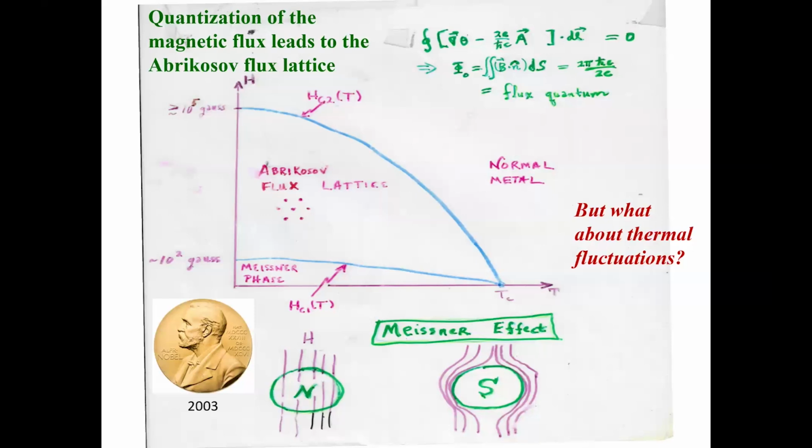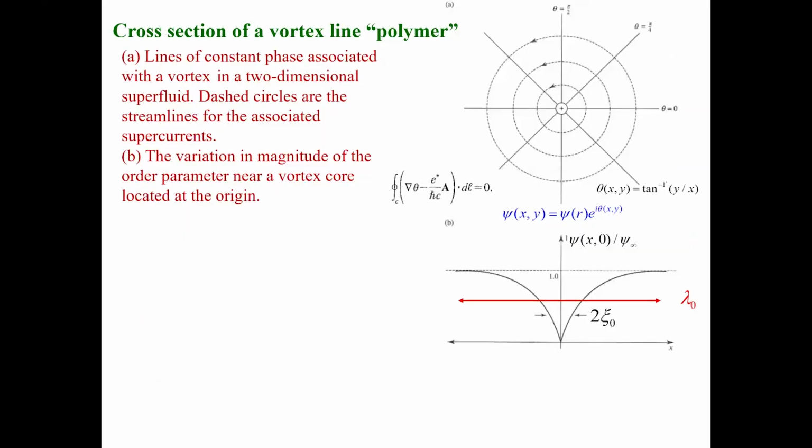But you might ask, these are punctures, defects that are puncturing the bulk superconductor. If you put on a strong magnetic field, the magnetic field isn't uniform when it penetrates. It's in these quantized flux bundles, and what's fluctuating is the lines, which I think of as polymers, directed polymers. And in these directed polymers, this is the structure that Aharonov worked out of these vortices, and this is the